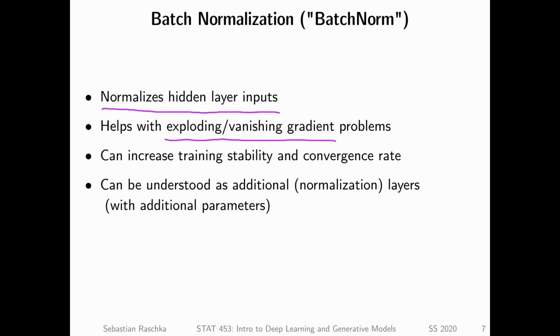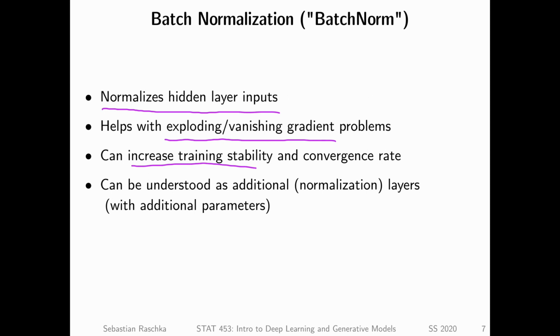There are some papers saying that it helps with that, but also there was recently a paper showing that it actually causes exploding gradients. So it's a little bit controversial. It can also increase training stability, and this is maybe the most notable feature when you train your networks. You will find that using batch normalization will help the network to learn faster. So you need fewer epochs, but also you can often reach better generalization performance.